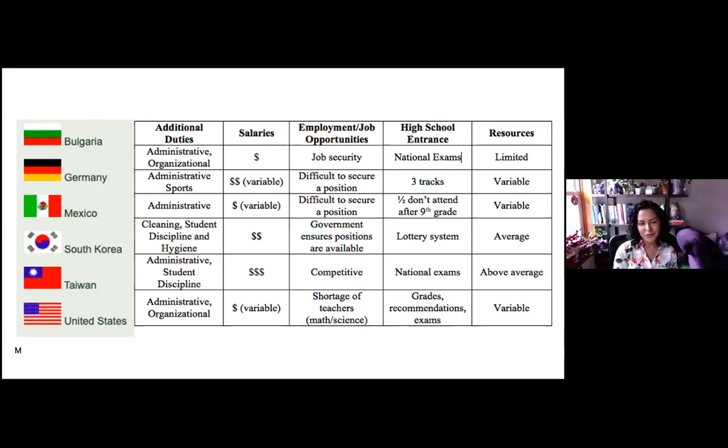Class placement, and we're talking about middle school here, relies not only on students' grades, but also on teachers' recommendations, standardized exams, and in some cases even parents' requests. Unfortunately, the percentage of students obtaining passing scores in standardized mathematics assessments determines financial funding, and in some cases mandated school closure, and this is because of No Child Left Behind, enacted in 2001. These federal legislations, like No Child Left Behind, require teachers to be certified in the subjects that they teach, and have created a shortage of teachers prepared to teach middle school mathematics.